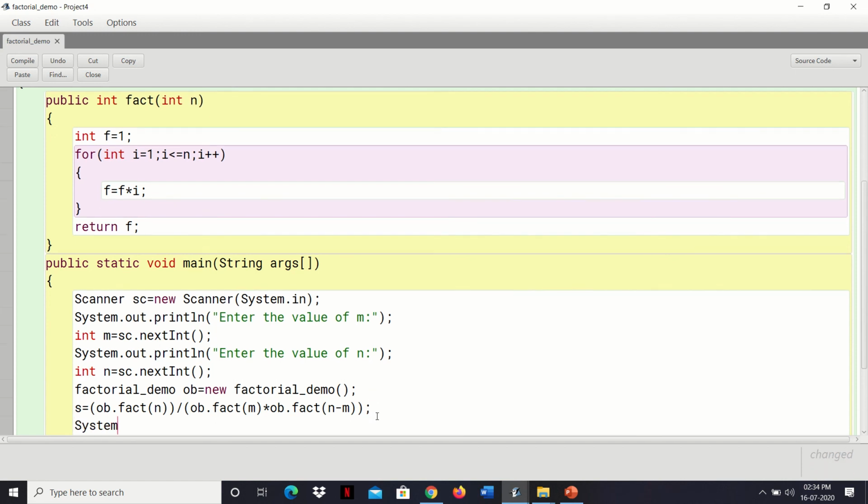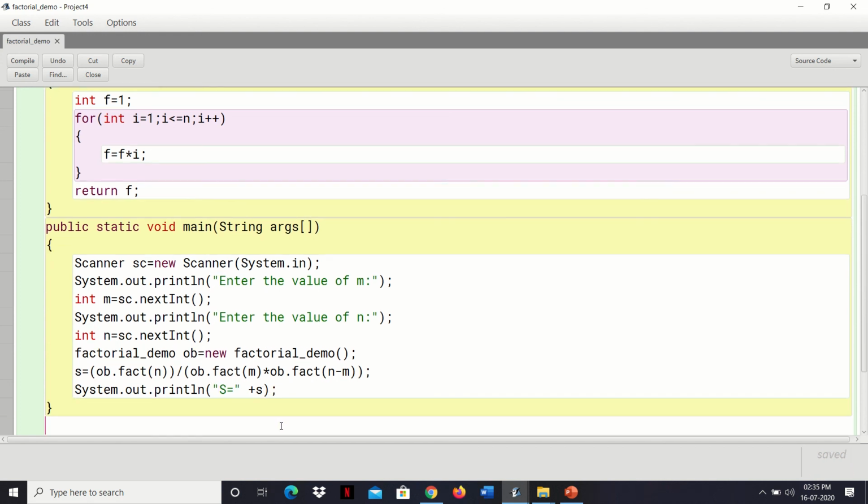Now print the value of s, System.out.println. I have given here small s, so better give capital S over here, "S equal to" plus s. So this is the result we'll be printing in small s.